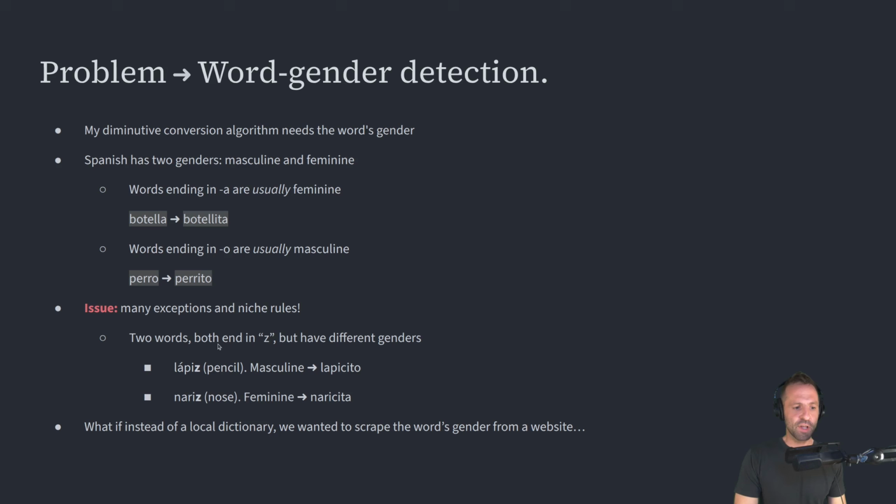So two words, for example, that both end in Z have different genders. We've got lápiz for pencil, but it's a masculine word, so it ends up with the ito ending, lapisito. We have another word that ends in Z, nariz, for nose, but it's feminine, so it gets the ita ending, so naricita. So instead of using a local dictionary, I decided to scrape a website in order to get the